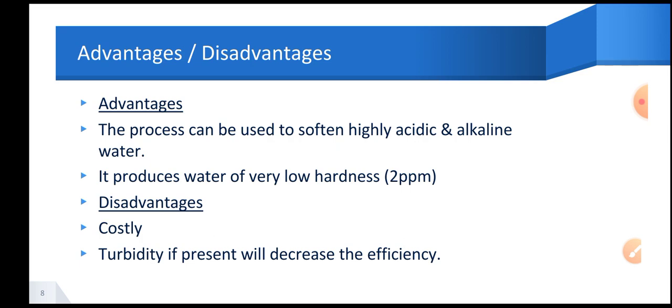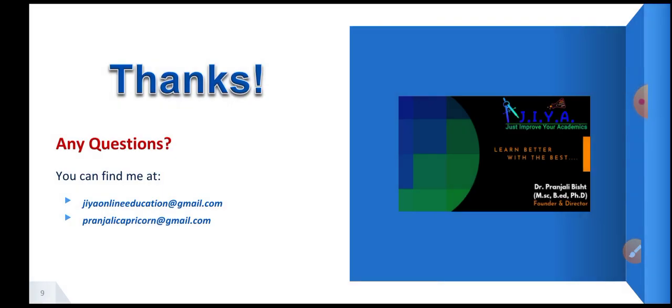The only disadvantage is the capital cost. The capital cost is very high since the chemicals and equipment are both very costly. The second thing is that if the water contains turbidity, then the efficiency of the process is reduced. This is because the polymer is porous in nature and is basically used as a filter. So if turbid water is passed through this filter, then the pores of the exchanger may be blocked due to this turbidity. Hence the water should be free from turbidity before feeding it through the softener. So this is how we come to the end of this process. Thank you.